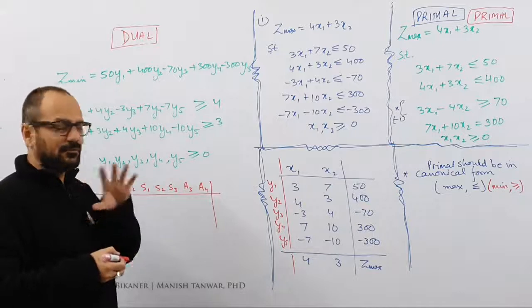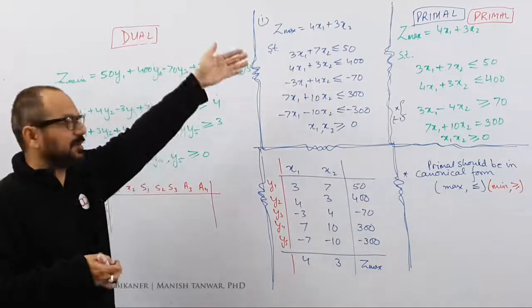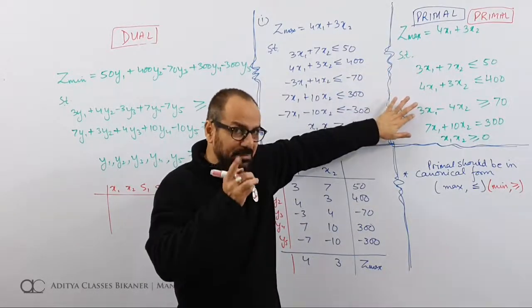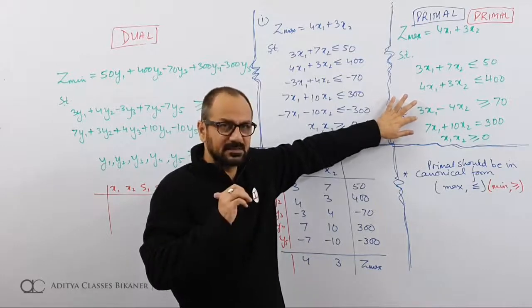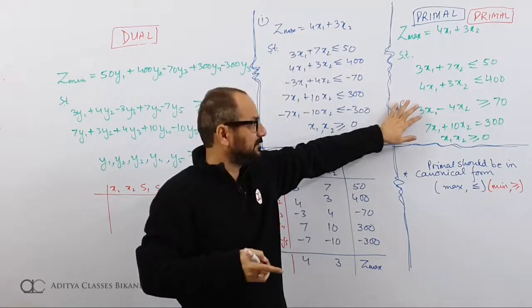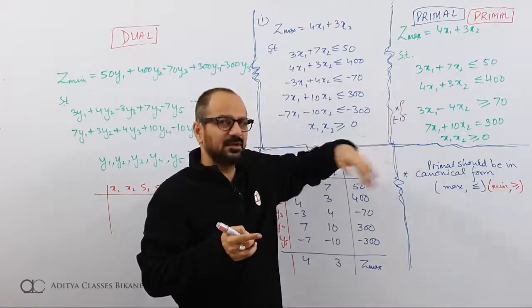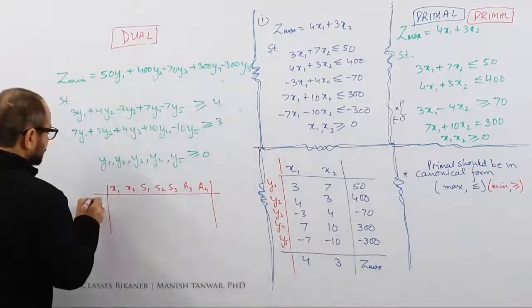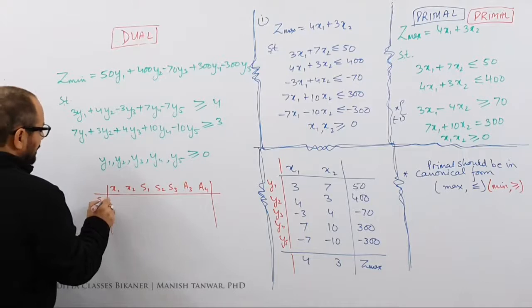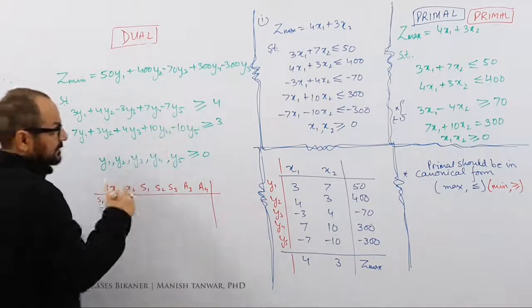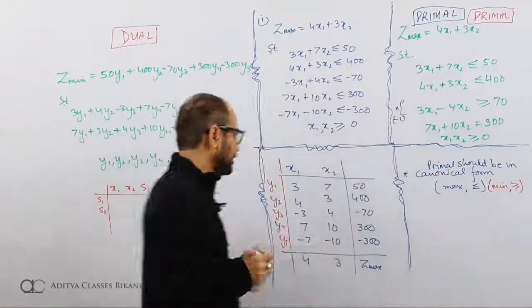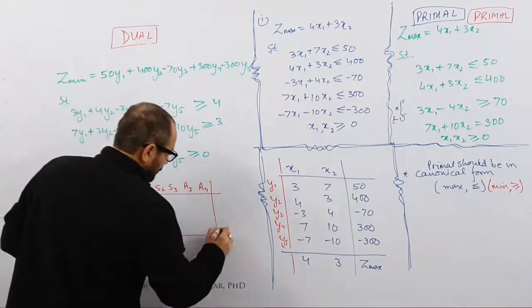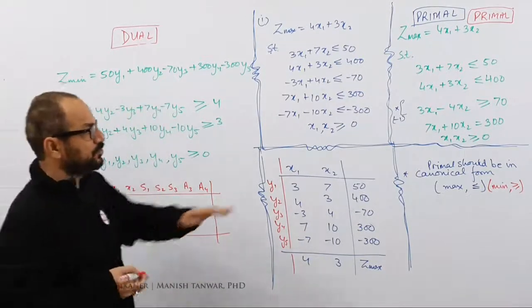We are just seeing what the nature of the problem and the nature of the solution would have been. I would be having s1, s2, and because this is a greater than type, there will be a surplus variable. With surplus comes an artificial variable: minus S3 plus A3. This is an equality, so this will start with an artificial variable, A4. And then how many rows? I would have had S1, S2. From the third constraint, S3 would have been 0 and I would have started with artificial variables A3 and A4. This would have been the solution of this.